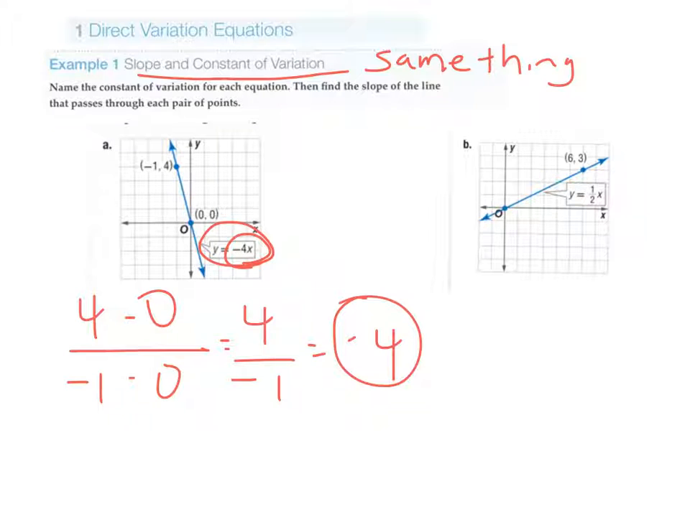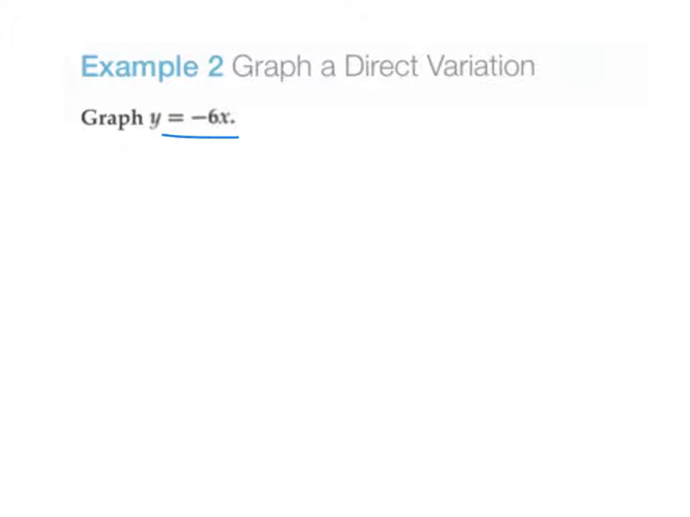So let's look at our other problem. We have a direct variation of 1/2, so our slope is the same exact thing. So these two are the same idea. So if we understand that direct variation and slope are the same thing, all we have to know is where